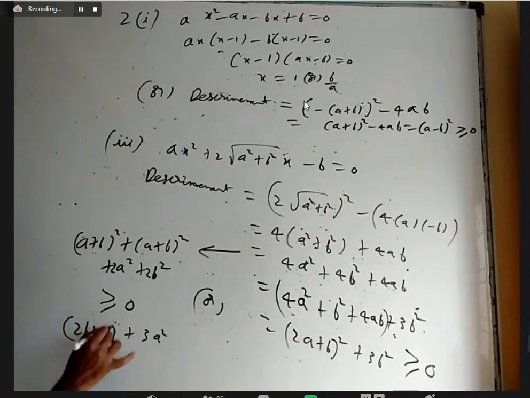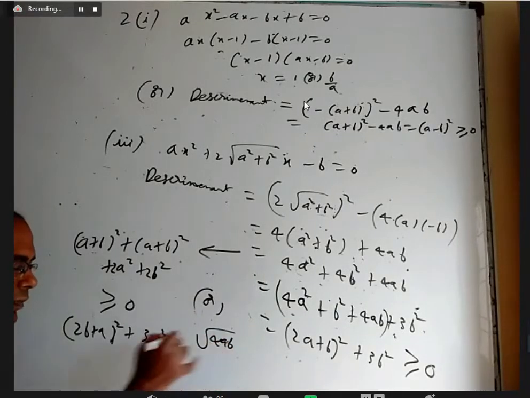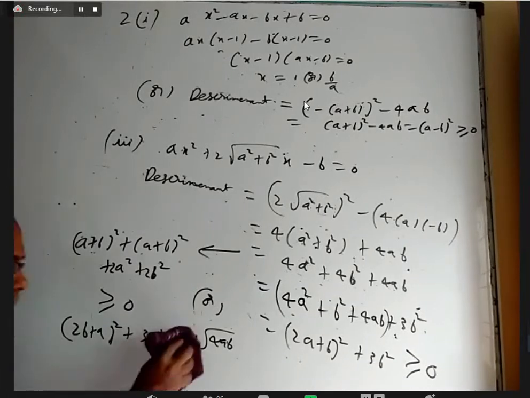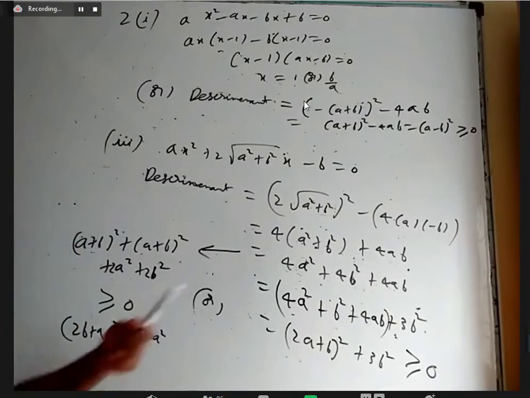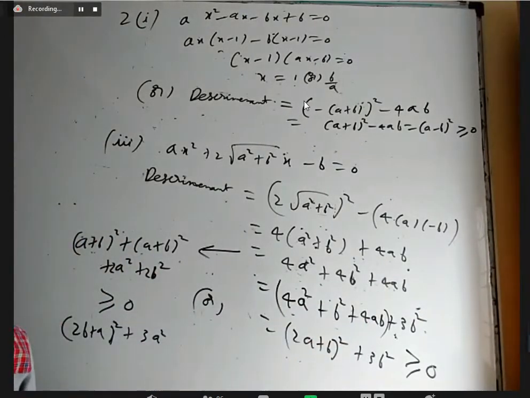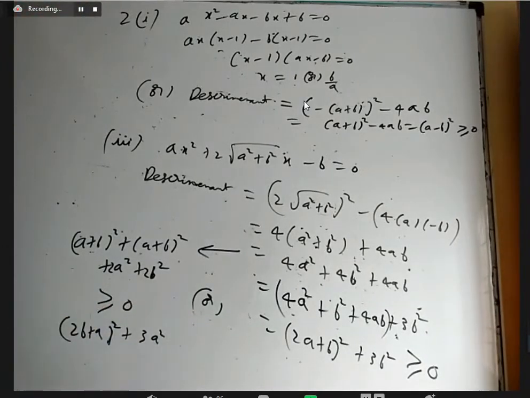Sir, 2a minus 2b whole square plus root over 4ab whole square. No, there is a problem. You can't write root 4ab because we don't know if ab is negative; root 4ab is not defined. If ab is positive, we don't have any issue. This is positive, this is positive, this is positive, their sum is positive. We are only worried about what to do if ab is negative. Anyway, so one of these 3 ways.